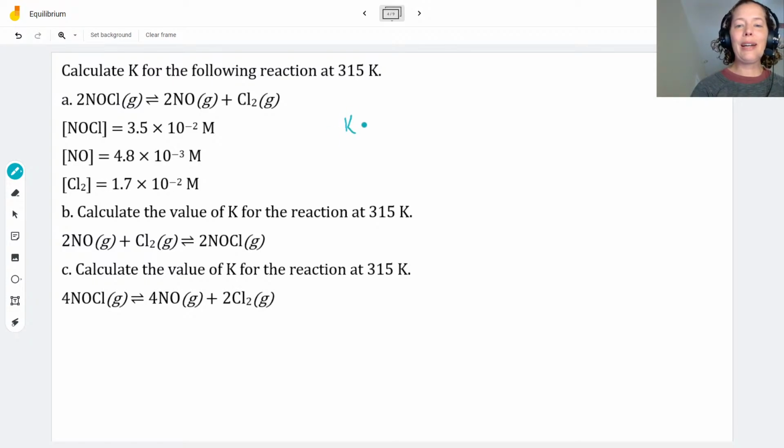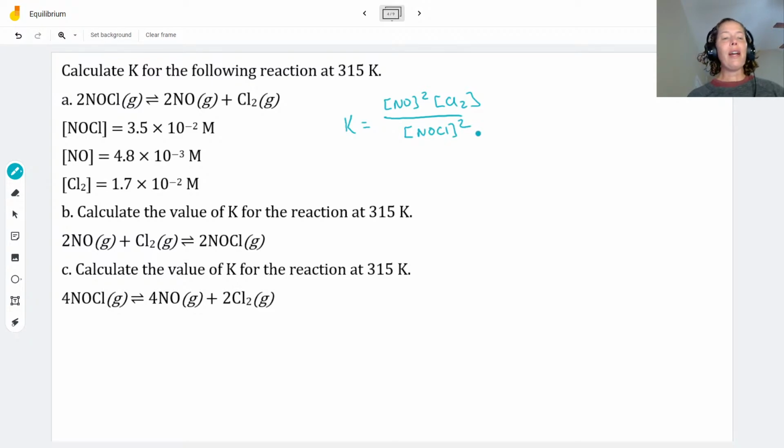So back to practicing our equilibrium expressions. So that is squared. This is to the first power. And of course, like we saw before, this is also squared. All right, so remember, when I'm using these brackets, I'm talking about concentrations, and specifically I'm talking about usually molarity. Sometimes you'll see molality, but almost always these are going to be concentrations measured in molarity or moles per liter